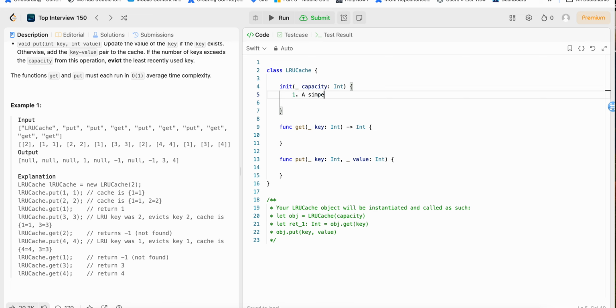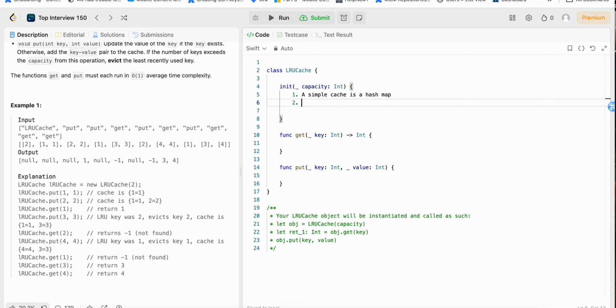A simple cache is a hash map, but here we need to implement one cache which has some capacity, and